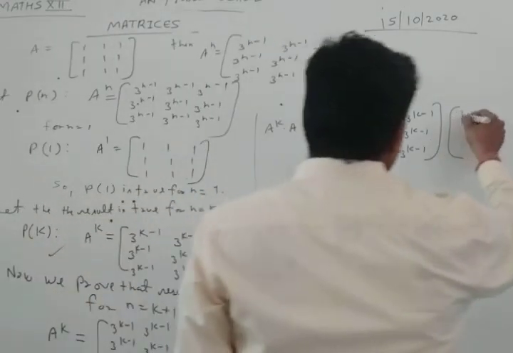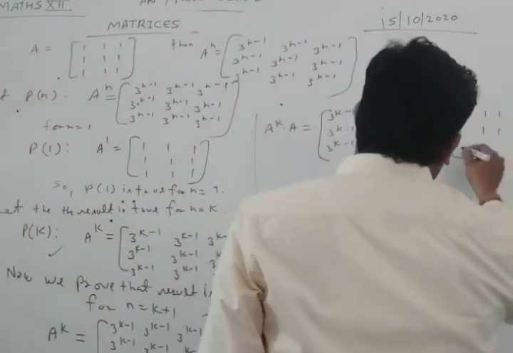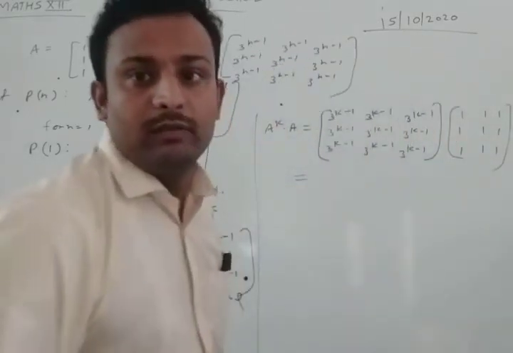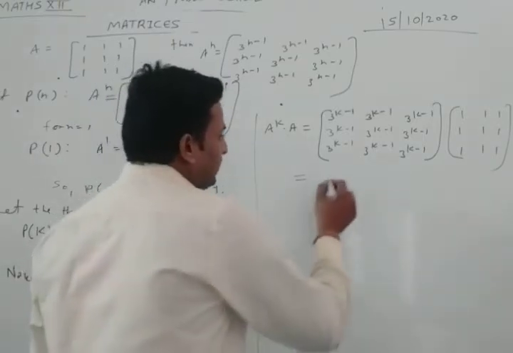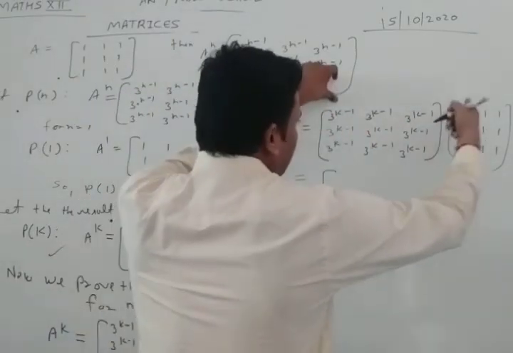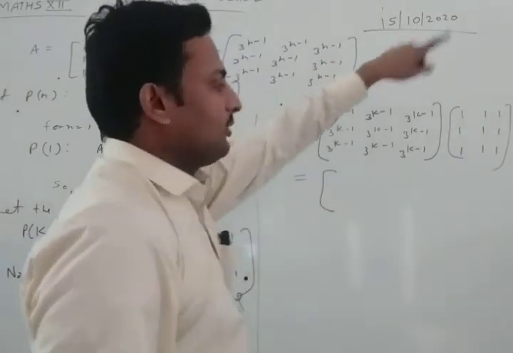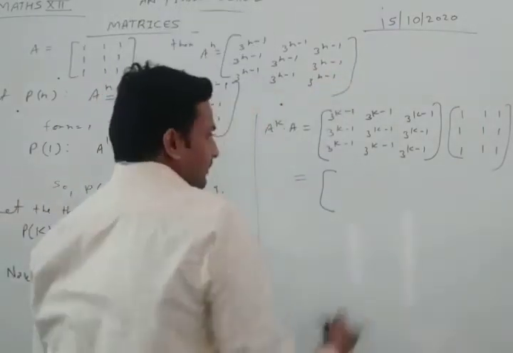Write A as 1 1 1, 1 1 1, 1 1 1. Now multiplying this both, what do we get? Multiplying first row, first column, first row, second column, first row, third column. Okay, we get